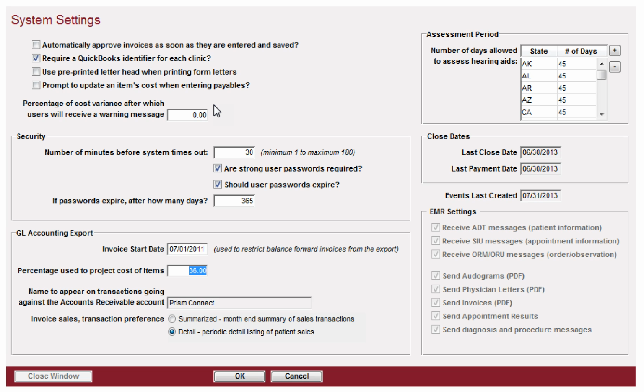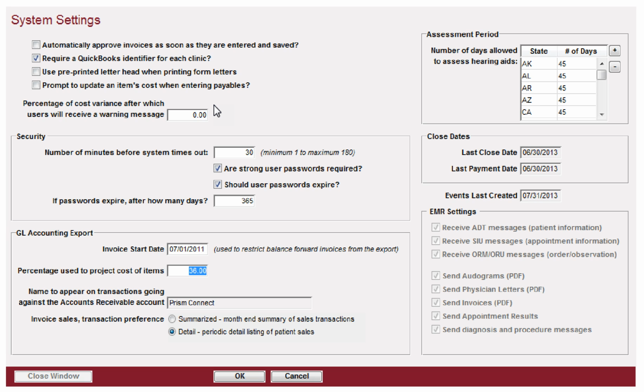Projecting costs. We have a report when you're doing your cost of goods sold exports. We have a report available that allows you to forecast what any items might cost. And this is valuable, especially at year end, when you might want to accrue the costs, the expenses that you have incurred for any orders that have been placed but not yet received. So in those cases, you can denote a percentage that would be used to project the cost of an item. Basically what we're saying is 36% would be the approximate cost of an item based on its sale price. So if a hearing aid was sold at $1,000, then the expected cost would be $360, because we've got 36%